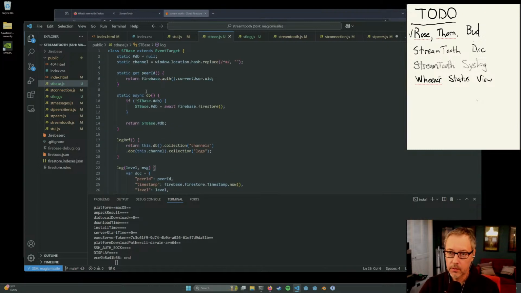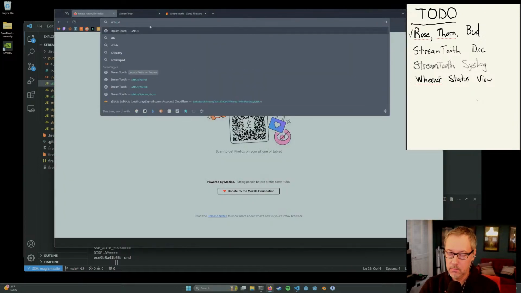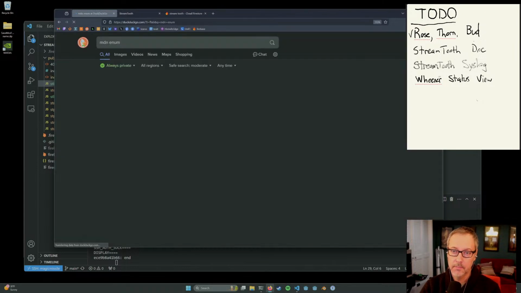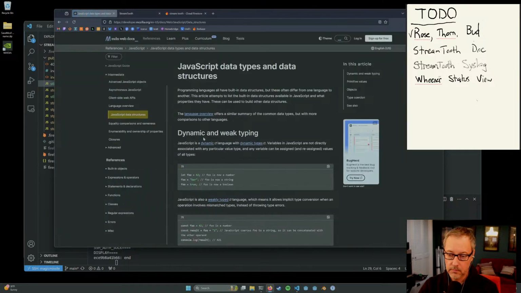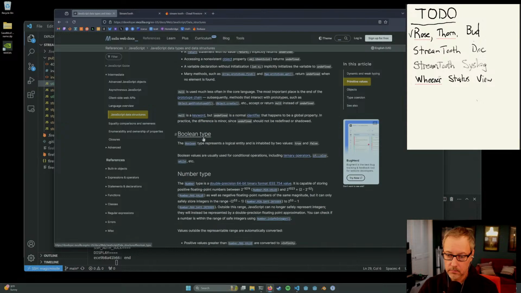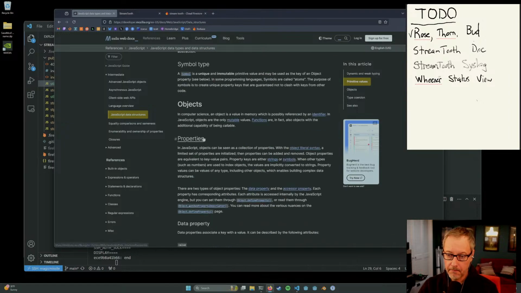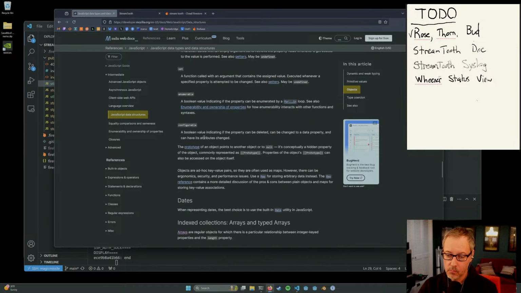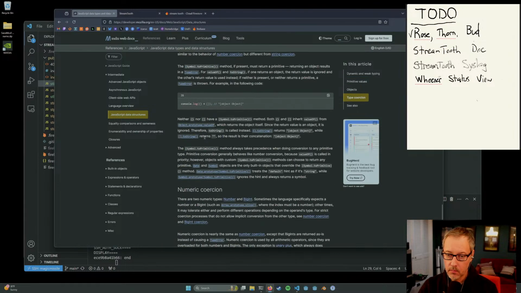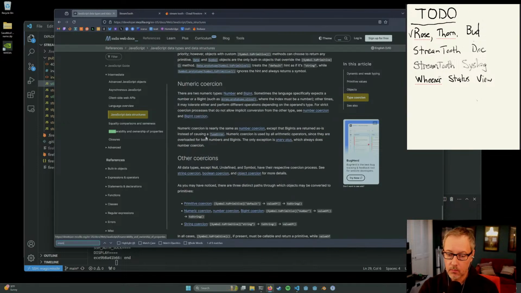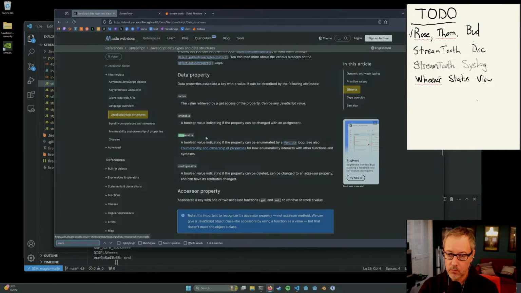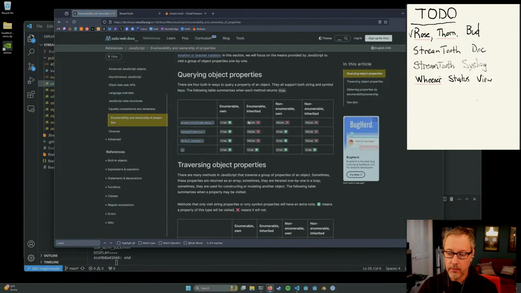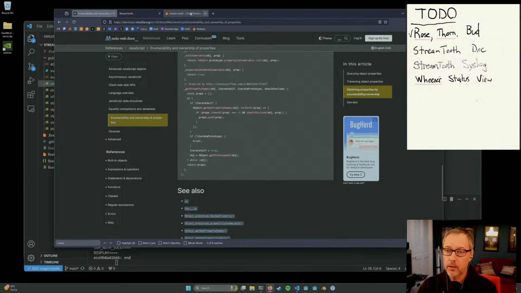Okay, very good. How do I do enums again? MDN enum. There's no enum. There's just this. Okay. Okie doke, no problem.